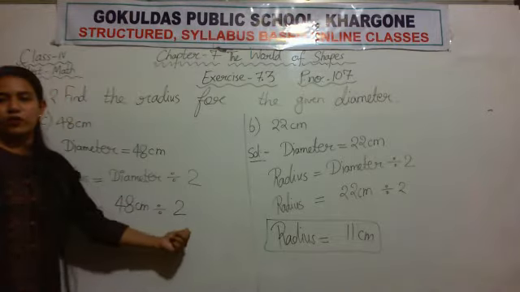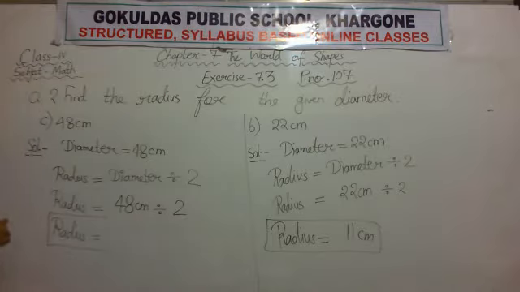Now divide 48 by 2 in rough work. I am arranging both the numbers in a standard form of division. 48 divided by 2. 2 2s are 4. 4 minus 4 is 0. Now 0 is not divisible by 2, so what will we do? We will bring down this 8 here. Now 8 is divisible by 2 four times. 2 4s are 8. Now subtract 8 minus 8, you get 0. So when you divide 48 by 2, your result is 24.